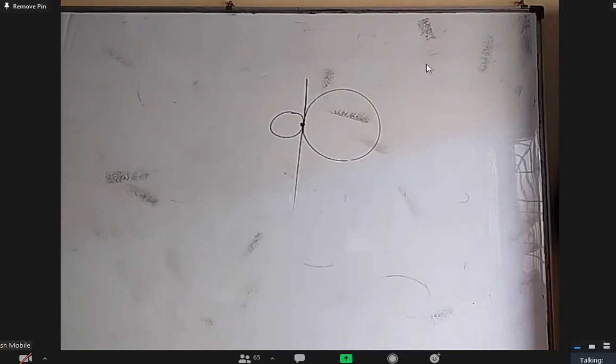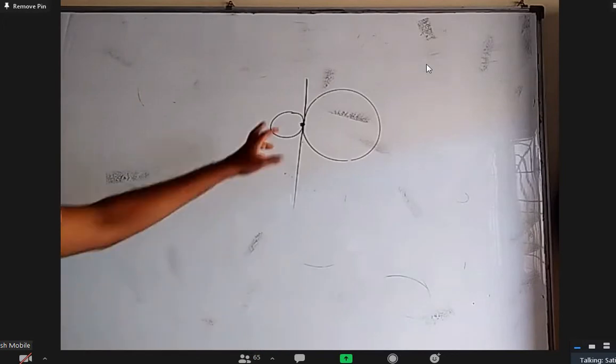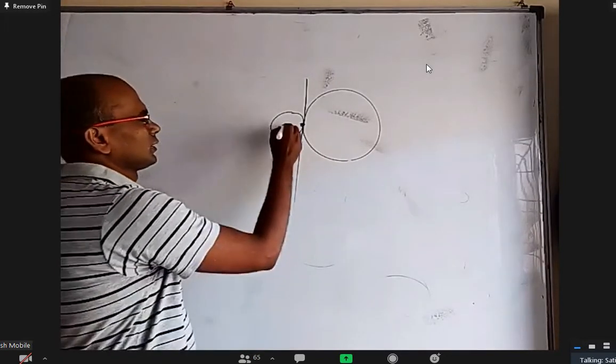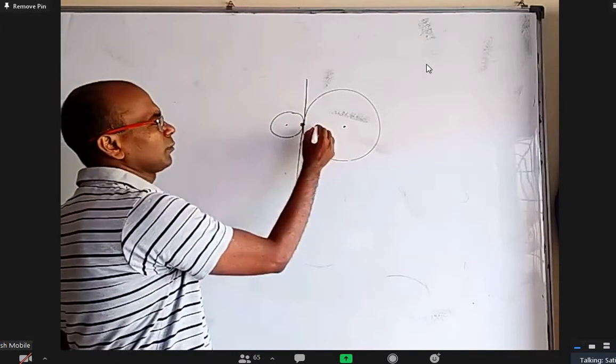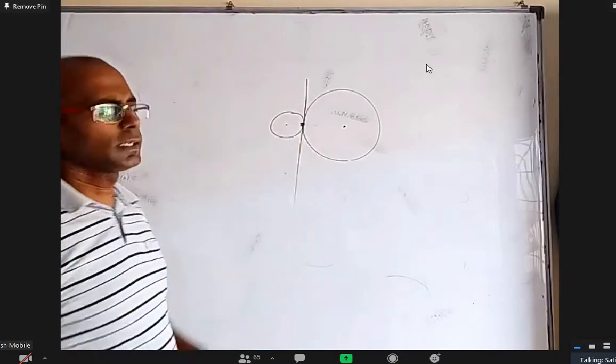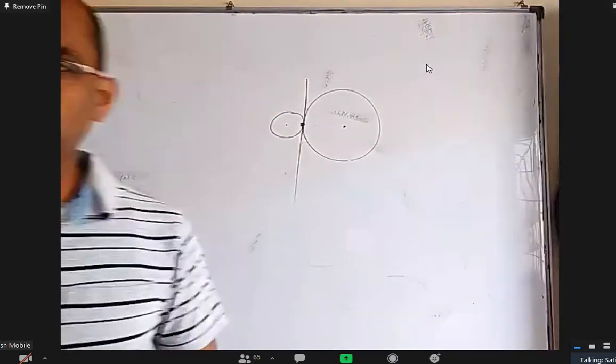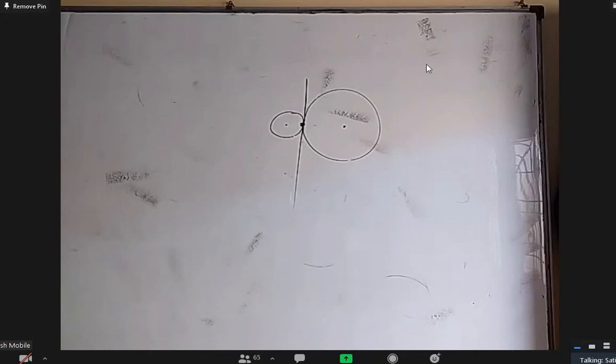Sir, the line passing through the midpoint of both the circles is perpendicular to the tangent. Midpoint, don't use, because here the centers and radii are different. This center is here, this center is here; the midpoint will be somewhere in between. Yes, this line is perpendicular to the tangent, I agree to that. Always the common tangent is perpendicular to the line joining the centers, but it does not pass through the midpoint. That's not right.